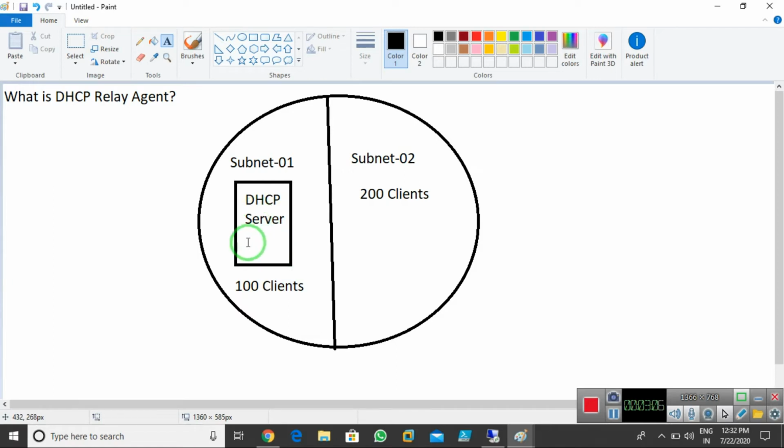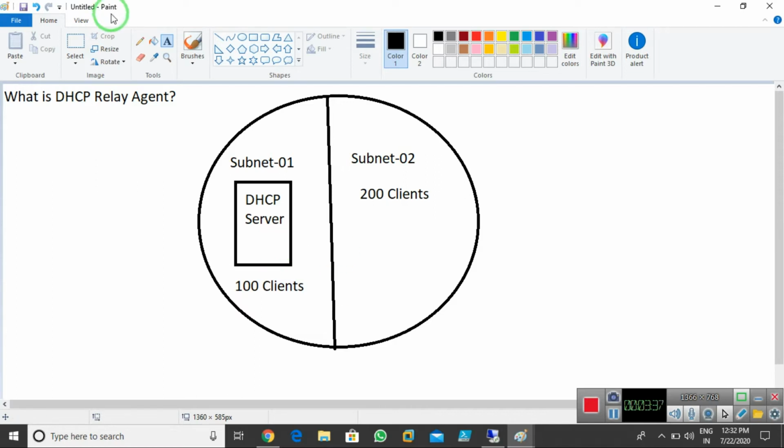I can create two scopes, scope 1 for subnet 1 and scope 2 for subnet 2. But at one time the DHCP server provides IP addresses to one scope only, one subnet only. Either I can provide subnet 1 or subnet 2. DHCP is not able to provide IP addresses to both subnets simultaneously. So what do we need in that case? We need a DHCP relay agent.